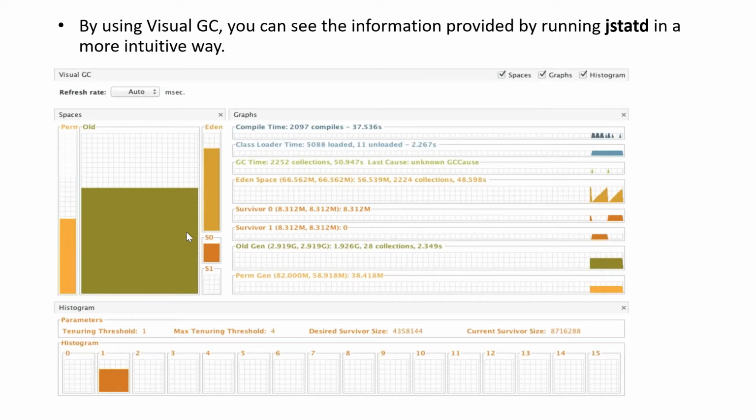What would happen to the old generation will happen to the young generation, because it is getting piled up with objects, right? We don't want that to happen. If it is piled up, it will again trigger minor GCs, right? So consecutive GCs will happen in your young generation if the tenuring threshold is high.